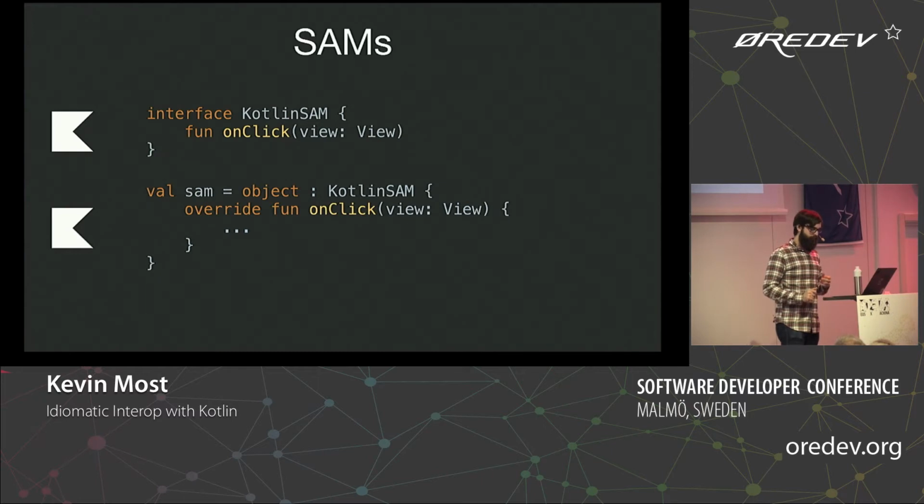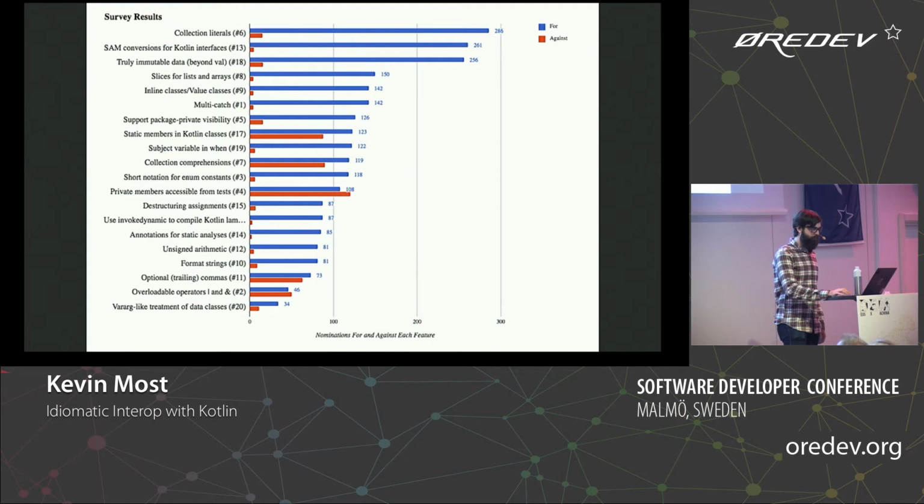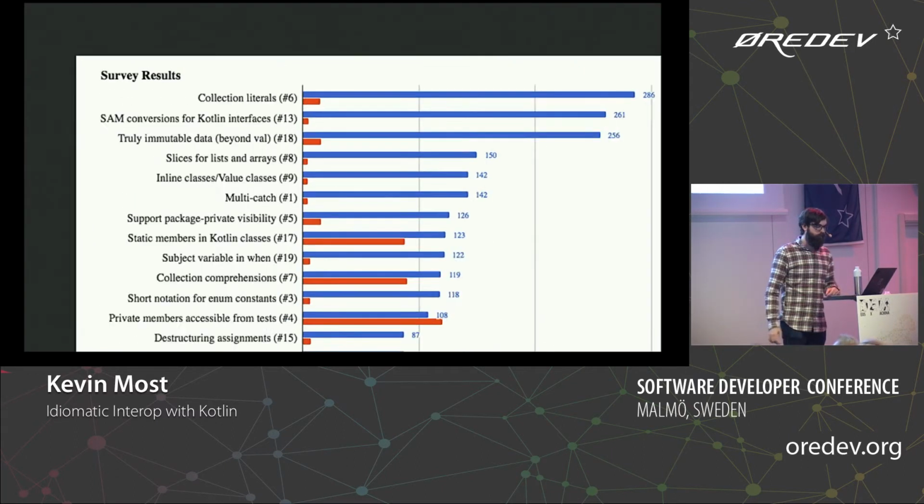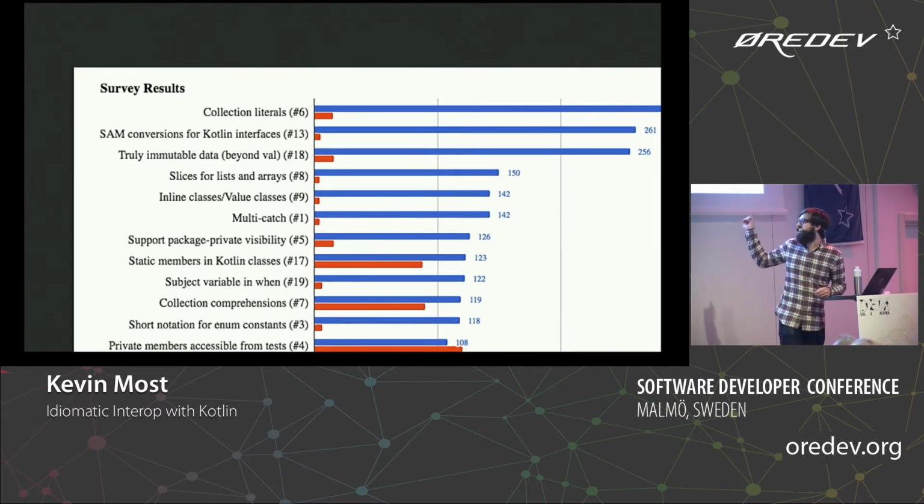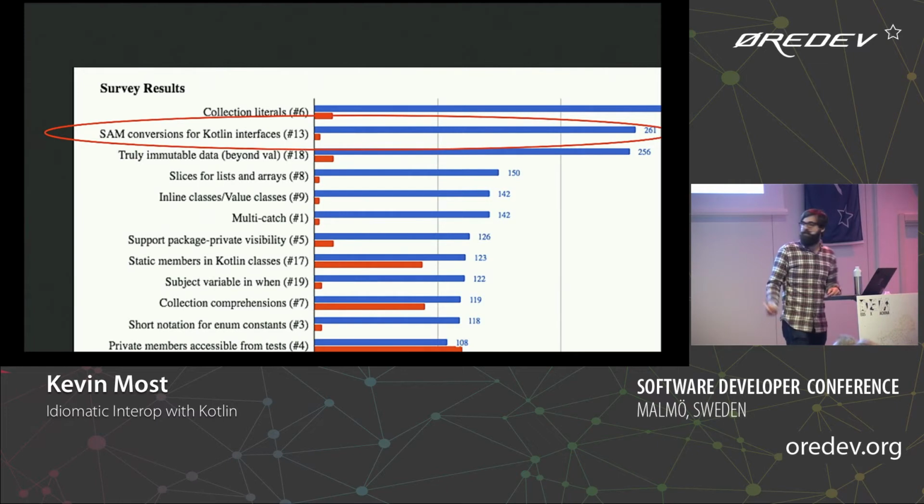So right now, it's not actually great to convert your SAMs to Kotlin, which is sad, but there's hope for the future, and that slide is very bright. JetBrains ran a survey a little while ago asking what features people want the most in Kotlin. If we zoom in a little, blue means I want this feature, red means I don't want this feature. Not a lot of features were voted against, except private members being accessible from tests, which is terrible. But anyway, one of them that I want to focus on is SAM conversions for Kotlin interfaces,